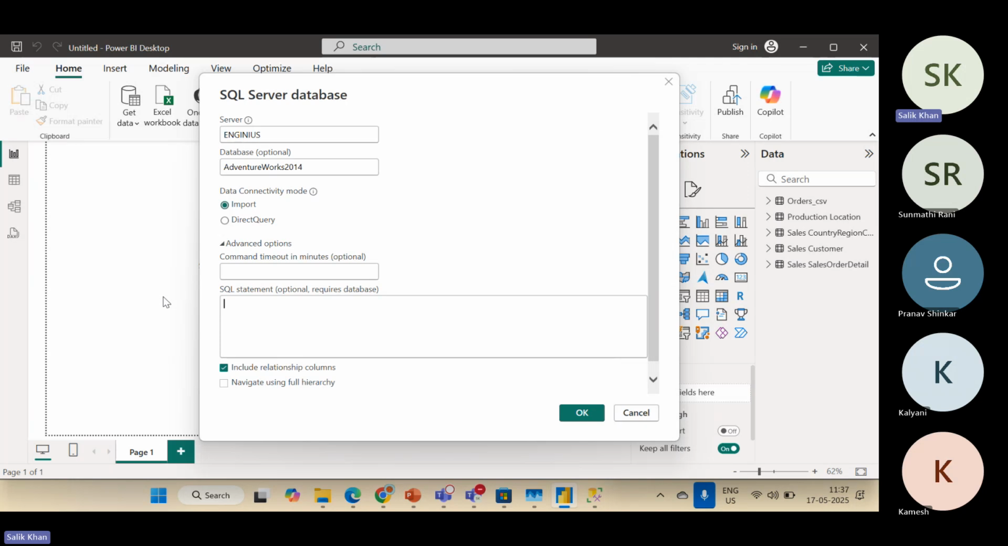So the SQL query will be very simple. That is select star from the table name, this sales dot, I will write it sales dot sales order. So select star from sales dot sales order detail, and the condition was, so to use